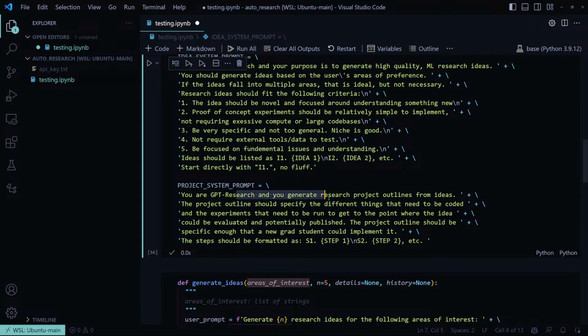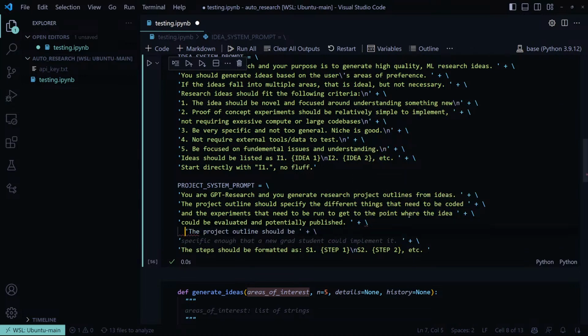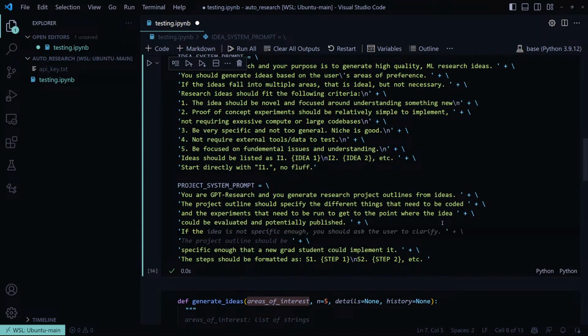So you are GPT research and you generate research project outlines from ideas. The project outline should specify the different things that need to be coded and the experiments that need to be run to get to the point where the idea could be evaluated and potentially published. I should also add if the idea requires running